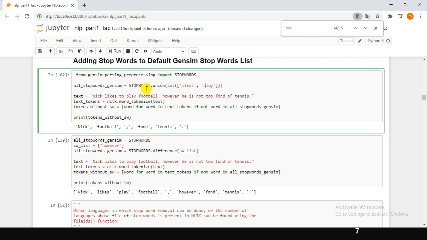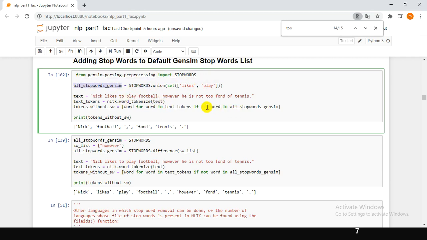By combining the default stop words with the newly defined set values, we can include the new stop words. In addition to the default ones, we combine these two new stop words also and assign to this variable.